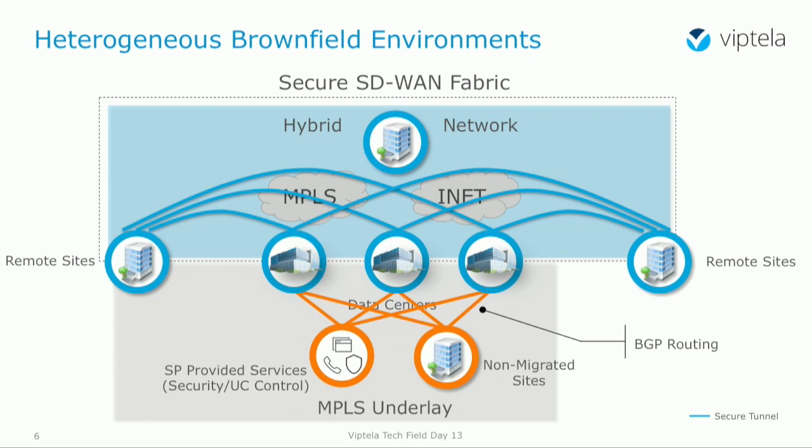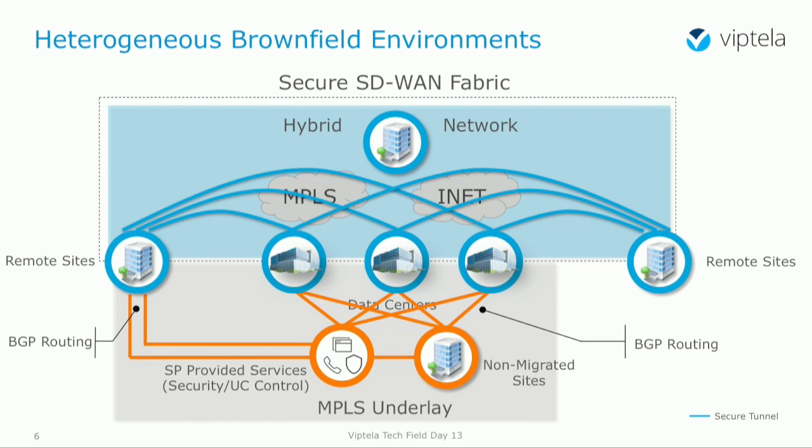Now there's another option, and that's what I'm going to show you: to establish that BGP connection, or that BGP peering relationship, directly from the remote site over the same interface that carries my overlay traffic. Over the same interface, I establish the connection to my MPLS service provider. So I'm going to learn routes from the overlay, and I'm also going to learn routes from the underlay, all of that over a single interface,